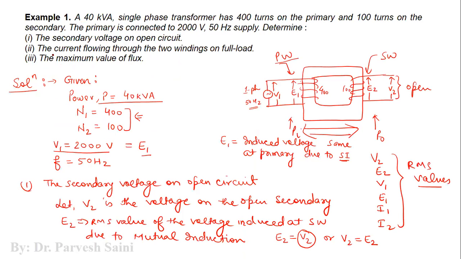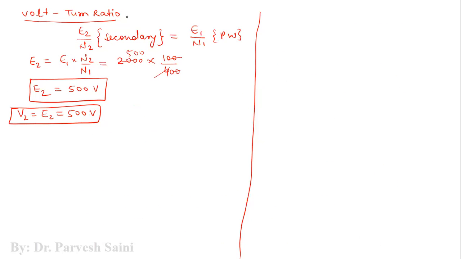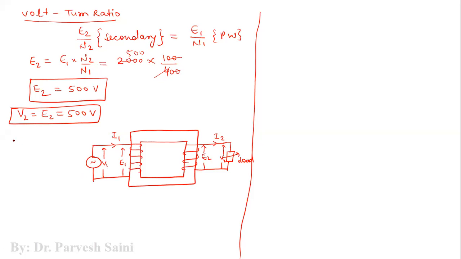Now similarly we can find out the second part, which says that we have to find out the current flowing through the two windings at full load. So let us draw the diagram on full load. So here is the diagram for the second part of the question, in which we have to find out the value of I1 and I2 when the transformer is connected to a full load. A full load means the rated load is connected to the transformer. So under these circumstances, some current in the secondary, let us say I2, and the current in the primary, let us say I1, will flow at its rated value. The rated value means the value which is specified by the manufacturer, that under the full load conditions, this is the maximum or rated value of the current that can flow in the two windings